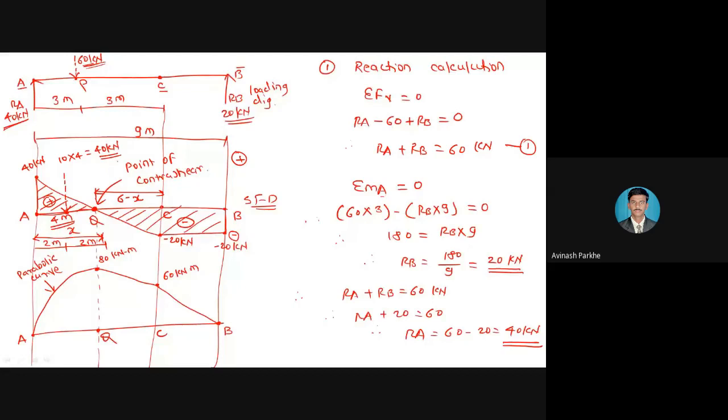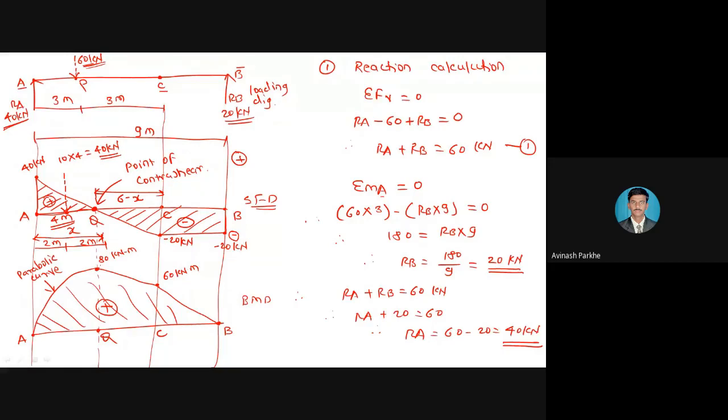In case of a shear force diagram, the UDL is represented by the inclined line, so this particular point A and point C are joined by the inclined line. But in case of a bending moment diagram, point A and C are joined by the parabolic curve, and this diagram is called a BMD. This is positive, and you can see here in the figure, the point Q is called the point of contra shear, because at this particular point the shear force is 0.